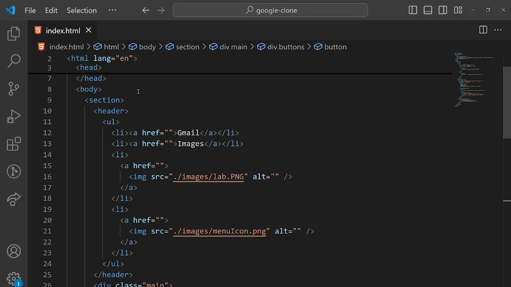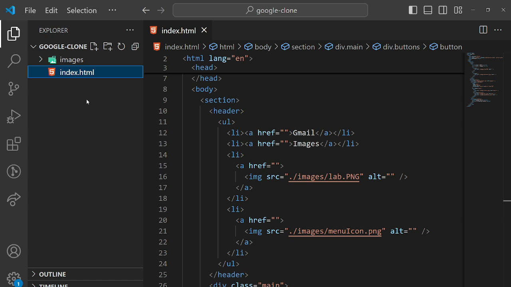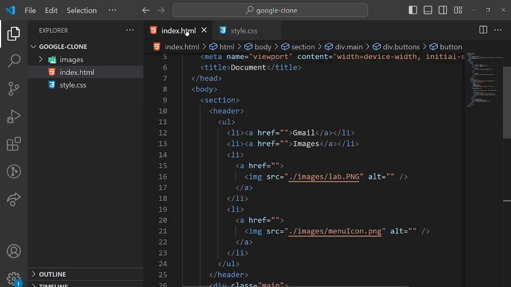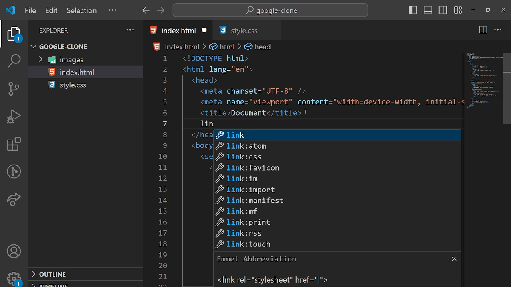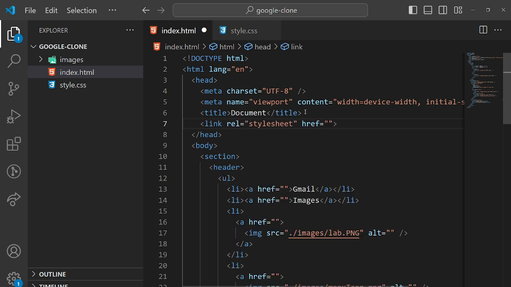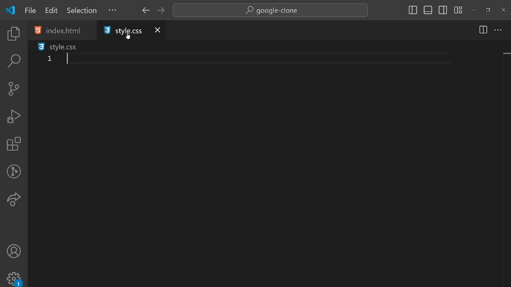So let's dive into the Visual Studio Code Editor, and here after this HTML file we need to create a CSS file. The CSS file name is style.css. Before writing the CSS code, we need to link it from this HTML file. For that, after this title tag, we need to write a link tag, and here href is ./style.css. So now it is linked. So let's close this window and go to this style.css and start writing our CSS code here.